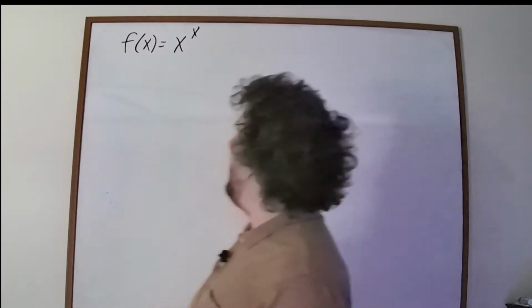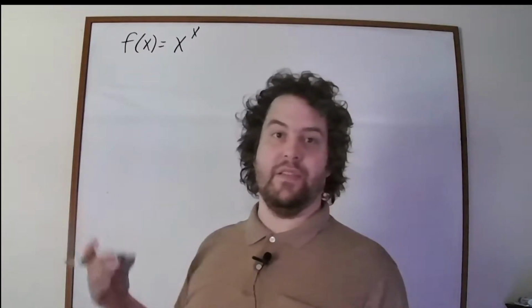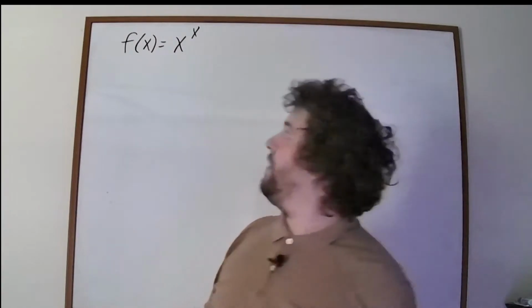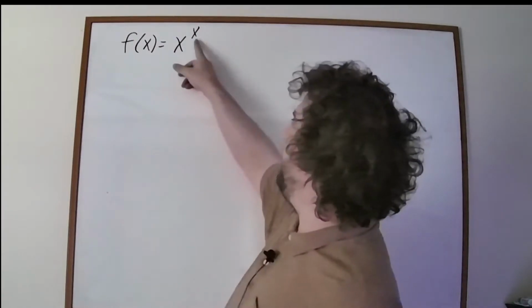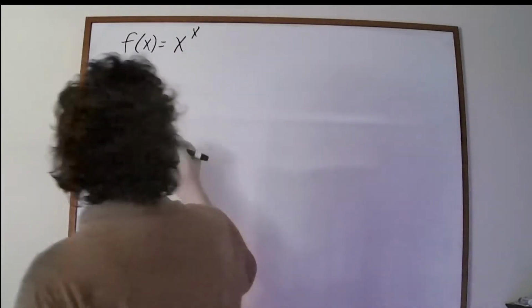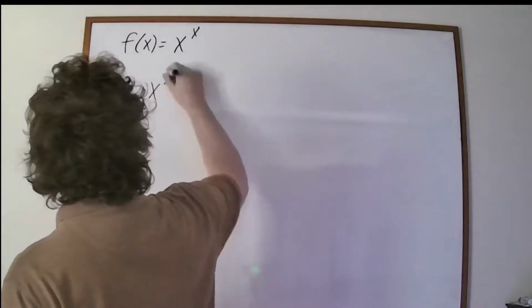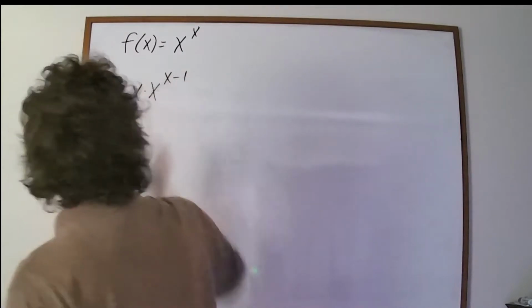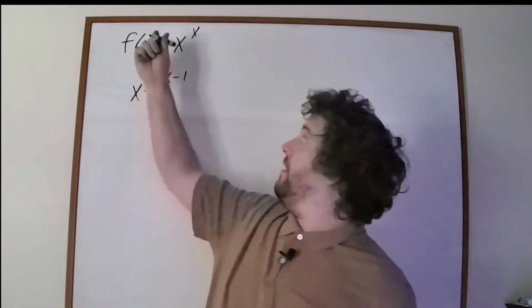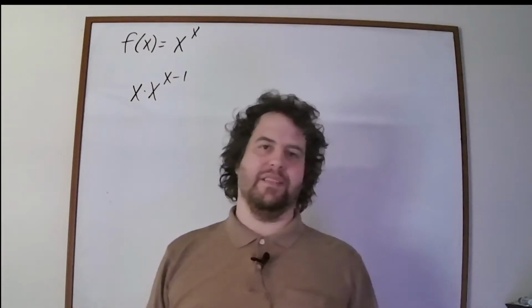So how can we take the derivative of this? Well, one option, which is wrong, is to apply the power rule, right? Remember, we bring down the exponent, and we subtract 1 from the exponent. So this is one wrong way of computing the derivative of this original function, and I've seen this tons of times